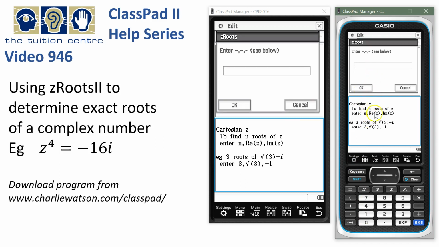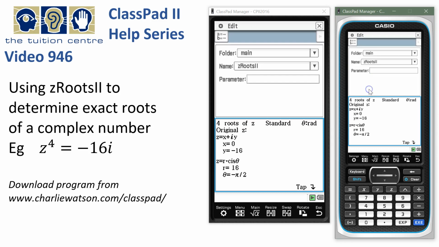And we simply want the fourth roots, comma, of 0, comma, and negative 16 is the complex part. Down here you can see we're told what to do. Here is a clue: the 3 roots of the cube root of 3, square root of 3 minus i. We just put in 3 root 3 negative 1. So here we go. We want the fourth roots of 0 minus 16i. We say OK, and ClassPad just shows us what we put in